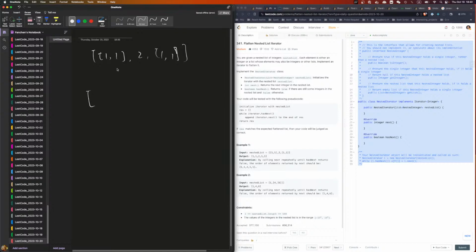And I check index. We also have an index. Okay, so the index points into this. Right, so we push